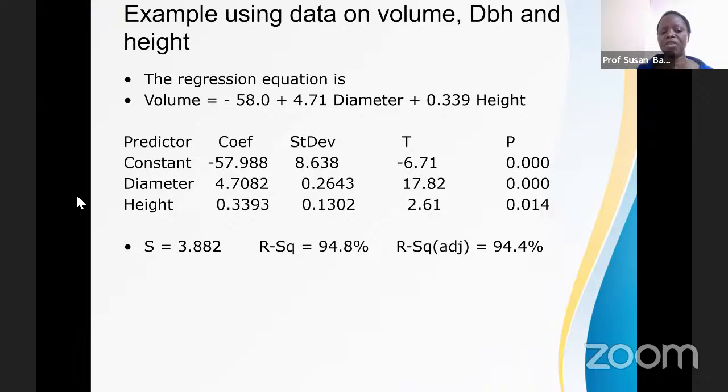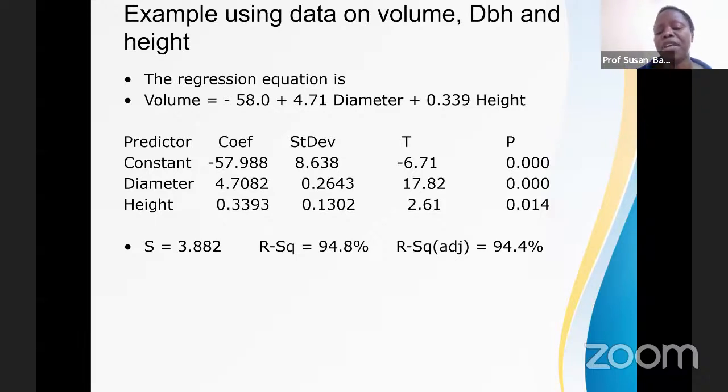Then when we have a value here, which is the standard deviation of all the data, we have our R squared. But remember, when we are dealing with multiple regression, we will interpret R squared adjusted. Why? It has adjusted for all the parameters in the model. So here, our R squared adjusted is 94.4%, it implies that